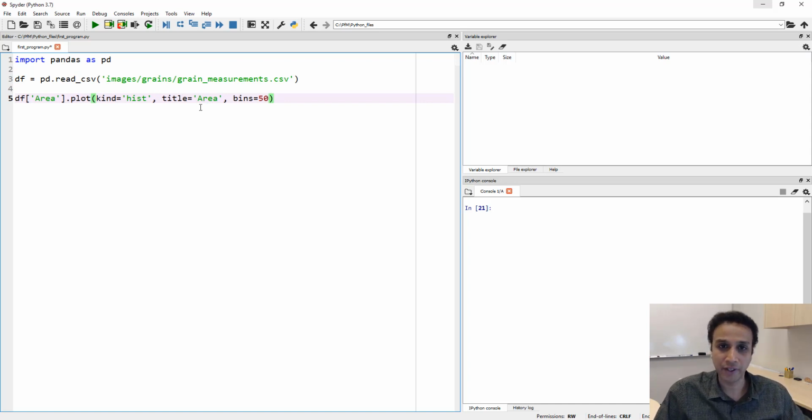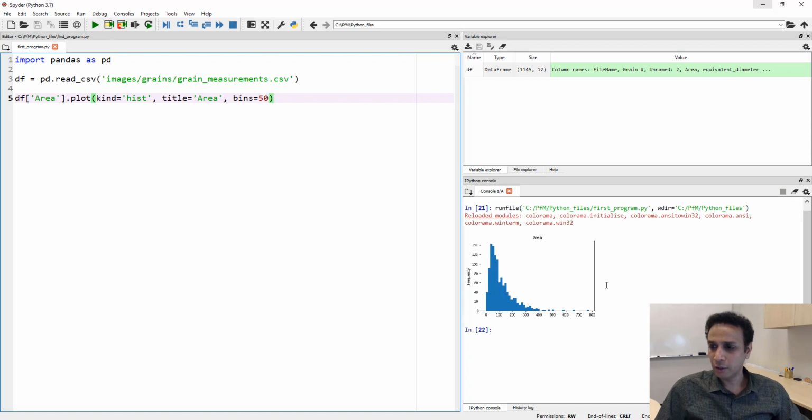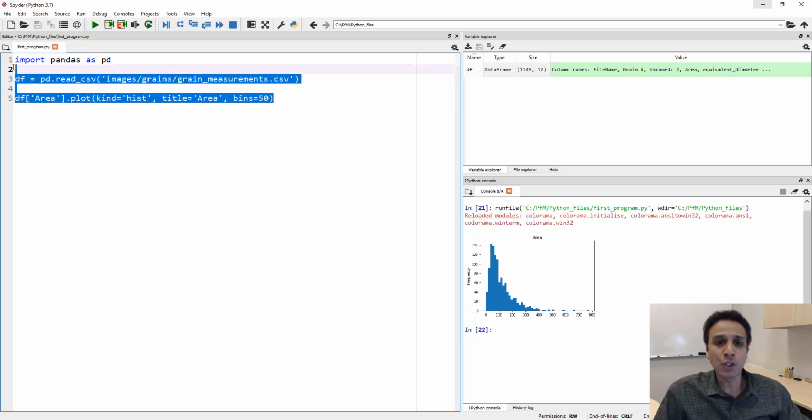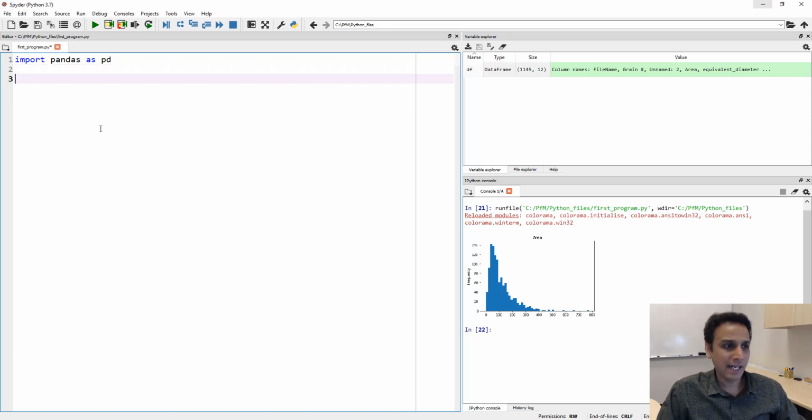The title would be area here, and of course it's a histogram, so I want 50 bins. So that's pretty much it. When I go ahead and run this, there you go. The title is area. I hope you can see this. The title is area, and I have 50 bins right there, and that's pretty much it. So this is as simple if you already have a CSV file, right? So let's go back and